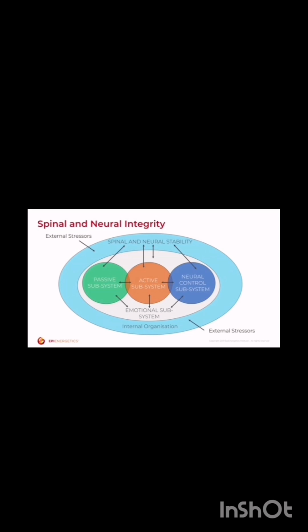So the whole idea here is we're always dealing with external and internal stressors. All of that is always putting stress on the body. The spine is a transducer of the relationship of your internal and external environment. It is the modulator of function. It is a modulator of emotion. It is a modulator of the sense of self. It is a modulator of conscious actions and behaviors. It's a modulator of even spiritual experience. So spinal neural integrity at higher levels of complexity is the missing link in virtually every area of a person's